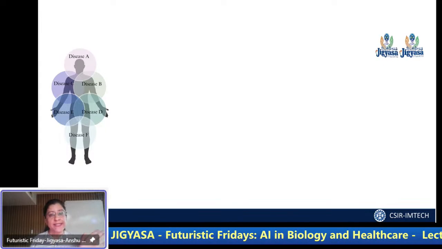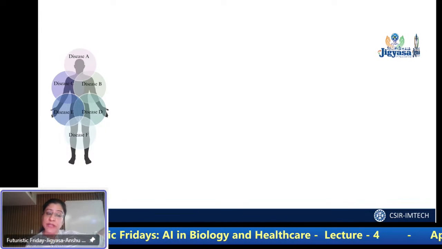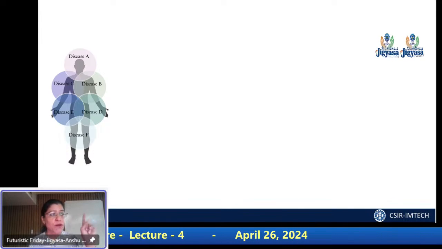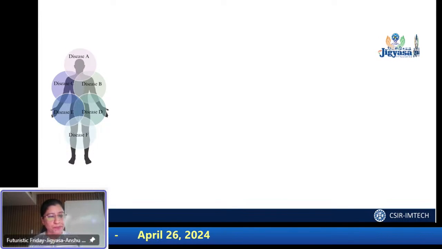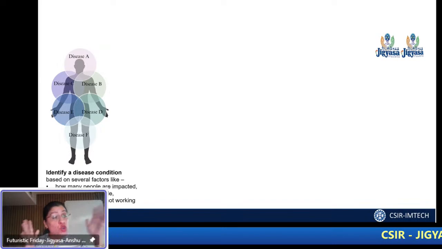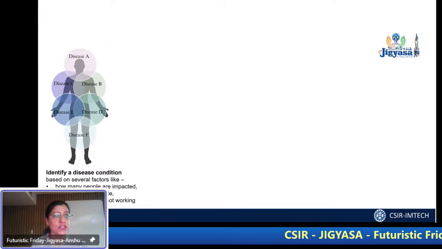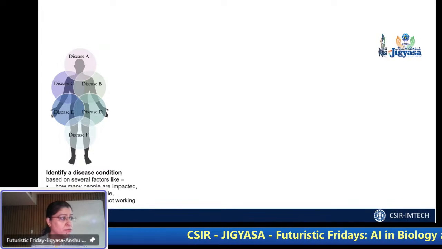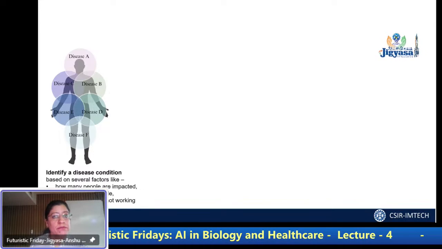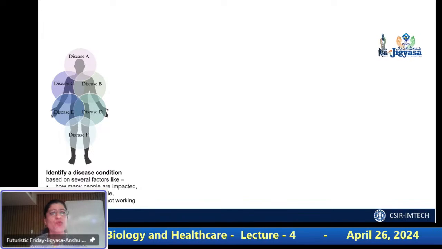Now we know it's not one disease condition that we deal with. There are so many disease conditions, right? So in the first step, one needs to identify what disease are we planning to cure. And how do you identify a disease condition? First is, if there are too many people dying of a disease condition, you need a treatment, right? That's the first condition. Second is, there is no treatment available. Or third, treatment is there, but it doesn't work.